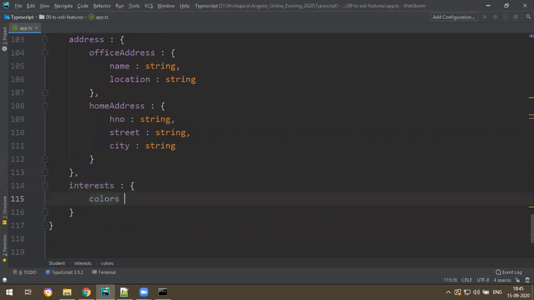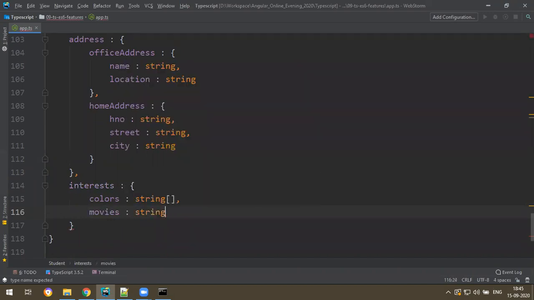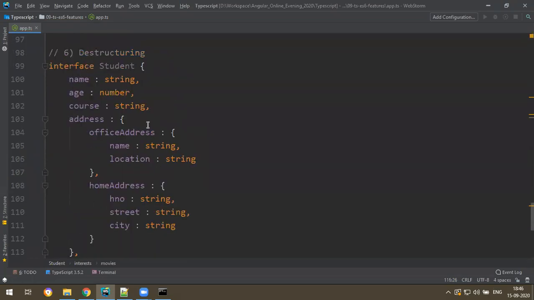Colors will be an array, let's take string array. Colors will be a string array, and movies also a string array like that. Okay, fine. So I have one complex object called student.